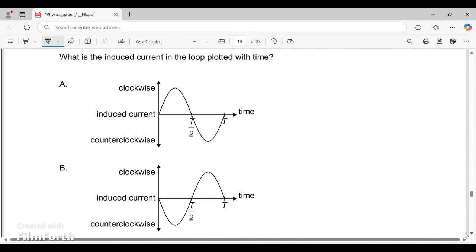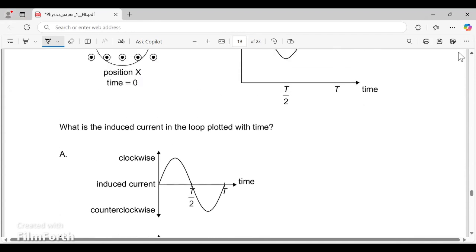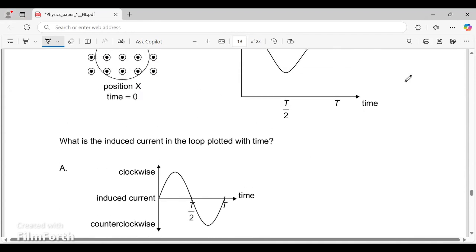If you look at this, as the area of the coil increases over time, the magnetic flux through the coil increases. According to Faraday's law, this will induce an electromotive force and current in the coil as well. The current will flow in such a way that it will oppose the increase